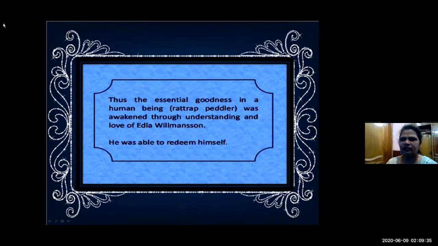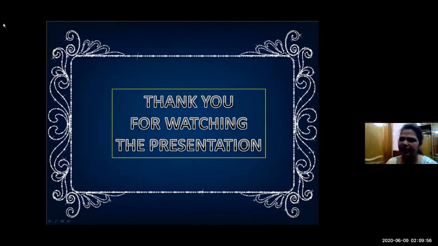So in the end you can say that the essential goodness in a human being, that is here in this story, the Rattrap Peddler, was awakened through the understanding and love of Adela Wilmanson. He was able to redeem himself with the help of the sympathy and generosity of the daughter. That's all